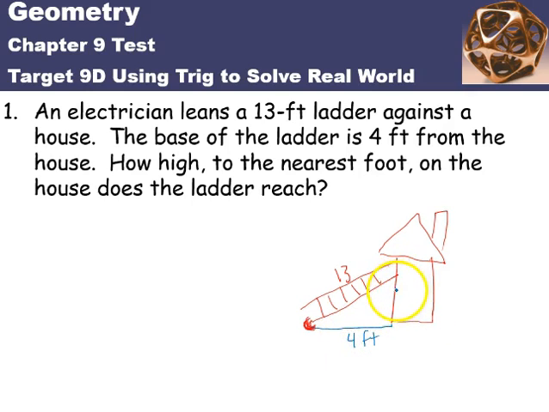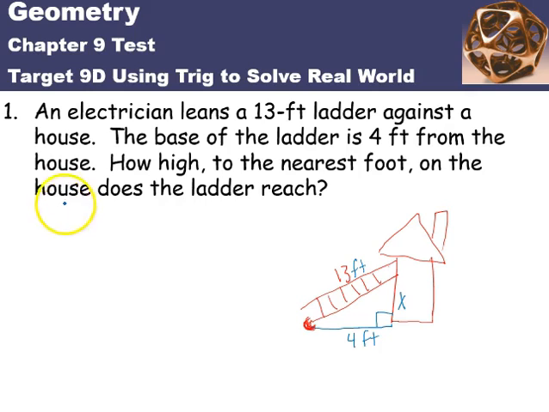And we want to know how high up the house the ladder reaches. So we're looking for this distance right here. So again, we are looking for a side. When you're looking for a side, the first thing you have to ask yourself is, can I do the Pythagorean theorem? This is a right triangle and we have two sides. So since it's a right triangle and we have two sides, we can do the Pythagorean theorem to find this